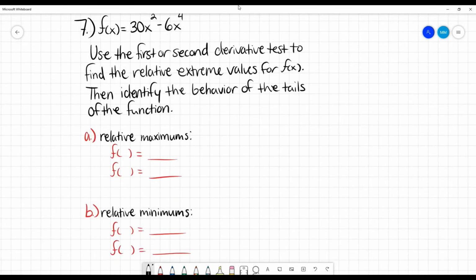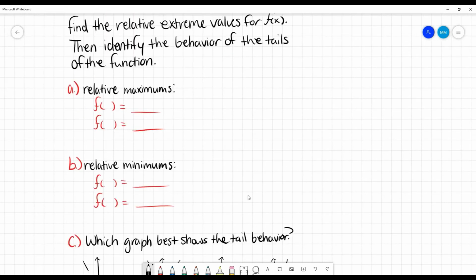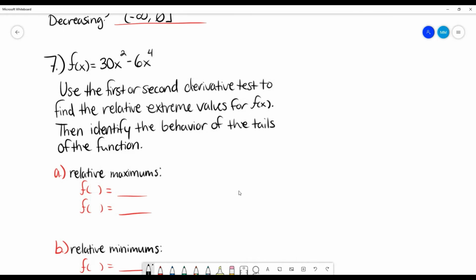I think we've just got 2 questions left. Yep. So this first one, we are given this function. We want to use the first or second derivative test to find the relative extreme values for the function. And then we need to identify the end behavior of the function, so the behavior of the ends, or the tails, as it says. So first off, we're going to take that first derivative, which is going to be